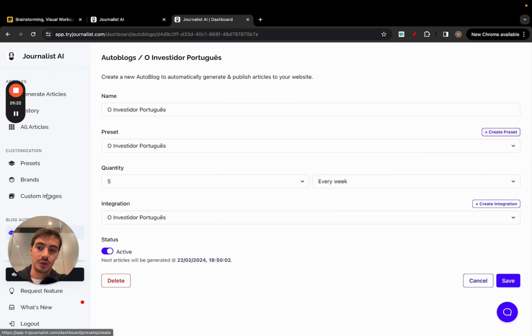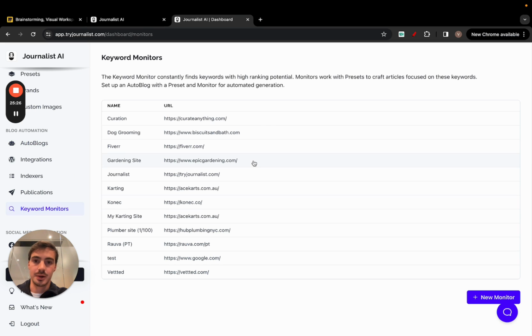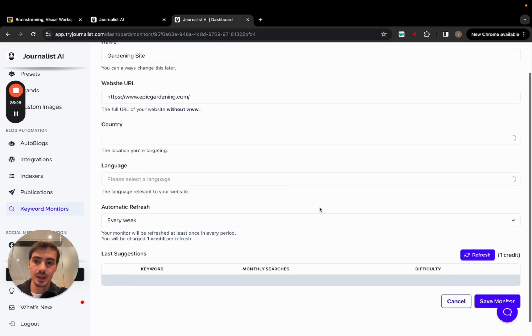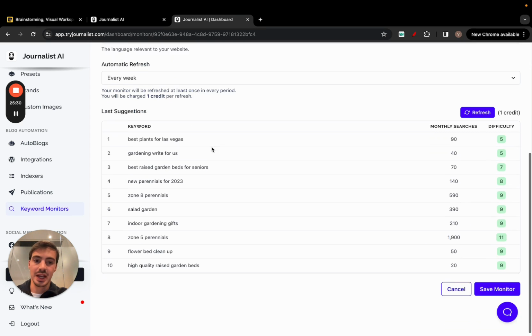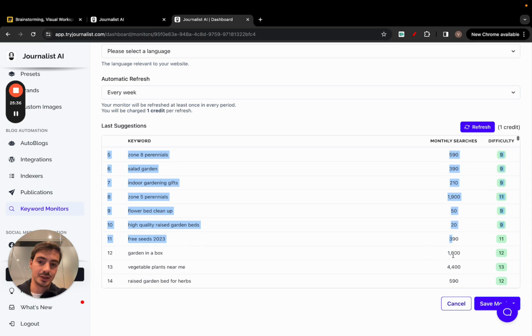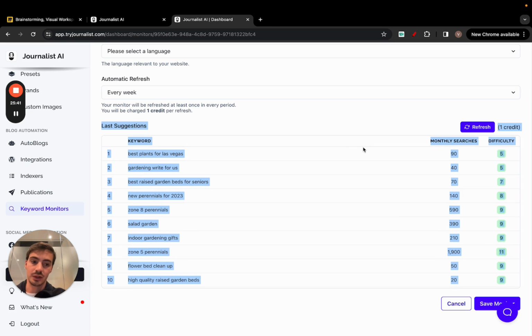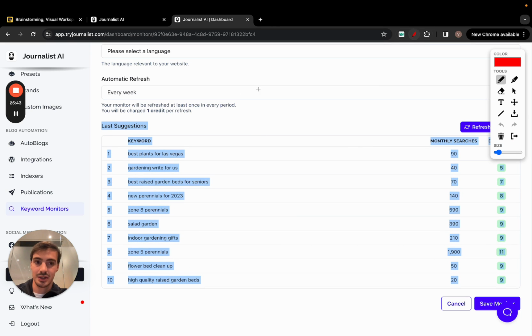Now, on top of that, you can also go here to the keyword monitors tab, and if you just add your site right here, go here, add your URL, add your target country, target language, it gives you keywords with low SEO difficulty, so that in theory are easy to rank for, and some decent search volumes. These are actually valuable keywords. You can take these keywords and have the AI produce content around these keywords. So essentially, it's doing the keyword research for you, then it's doing the content generation based on these keywords,